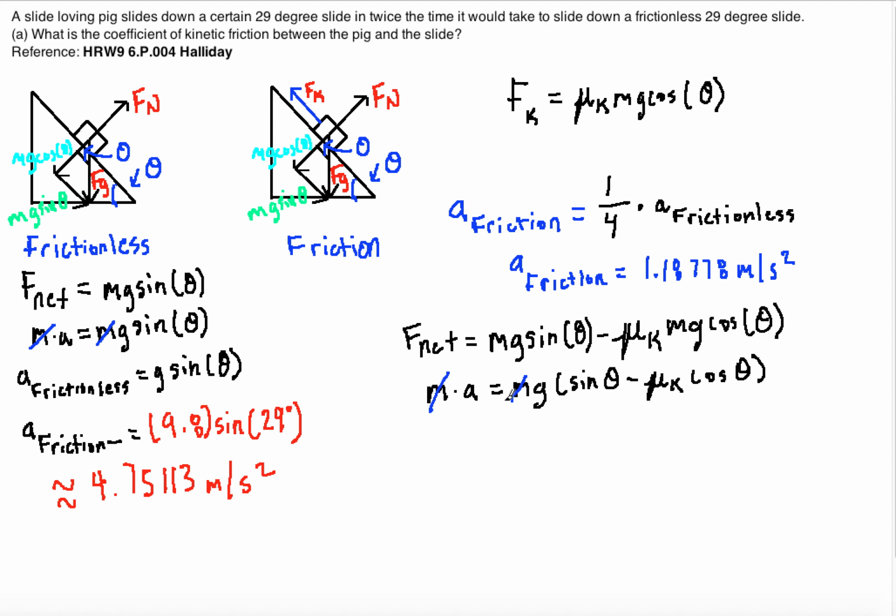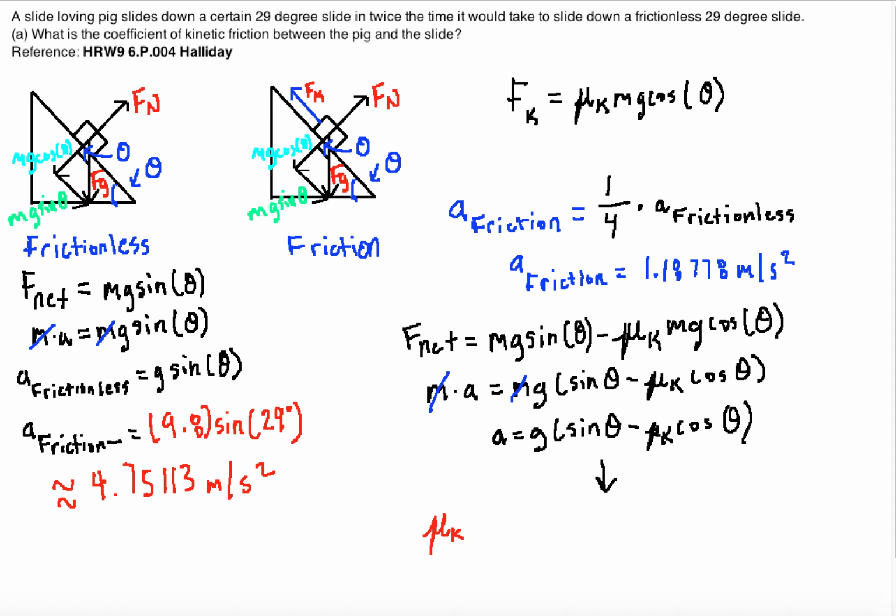The resulting equation is the acceleration is equal to gravity times the sine of theta minus mu k cosine of theta. So now we need to solve for mu k, the coefficient of kinetic friction. With simple algebra manipulation, I'll rewrite this equation in terms of mu k, which yields that mu k